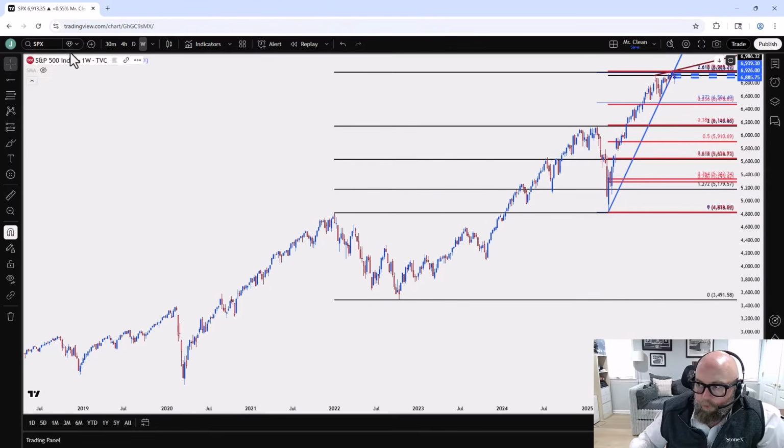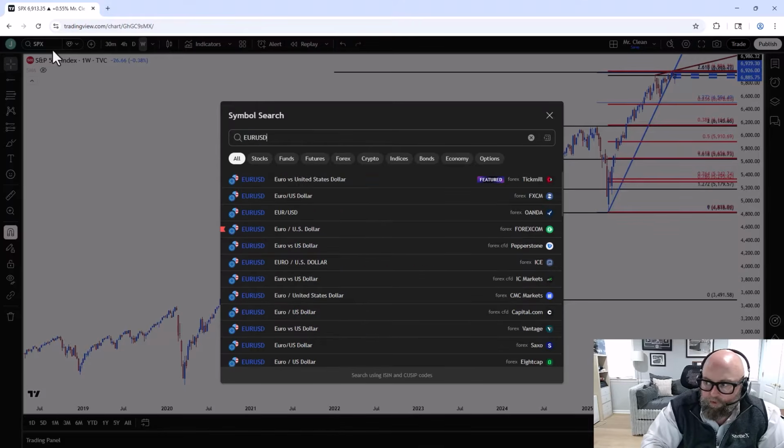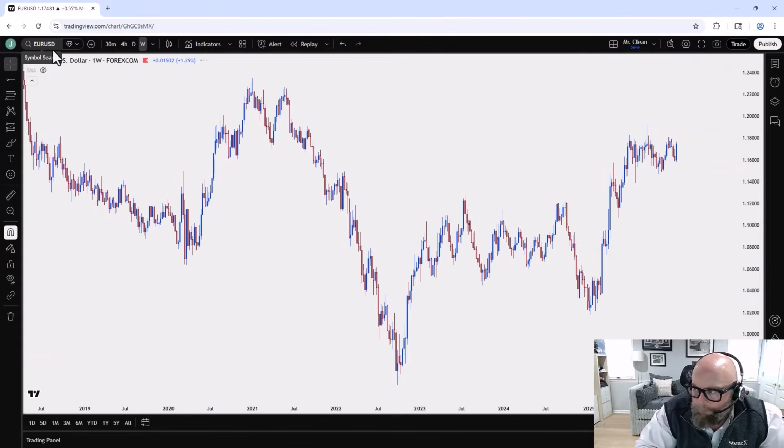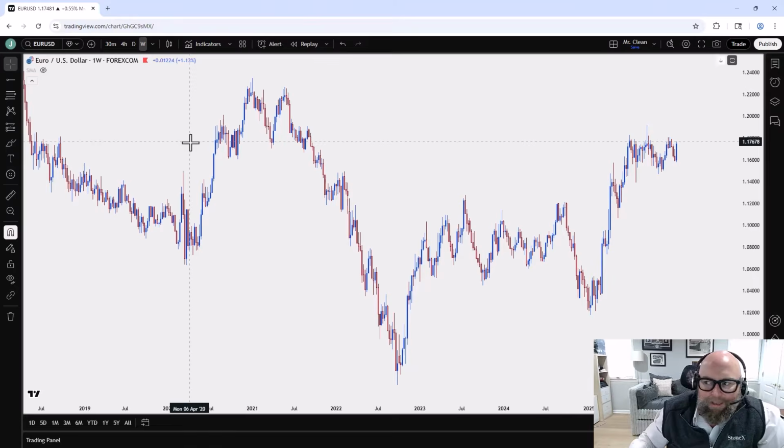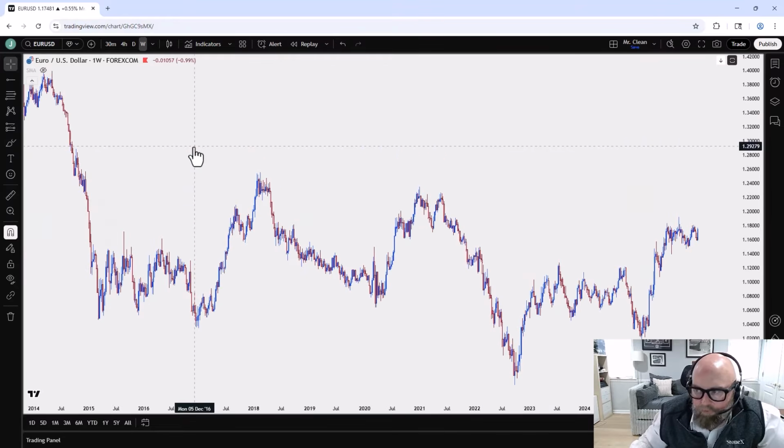Now, I want to use Eurodollar here because Eurodollar as a currency pair isn't going to be as directional, I think. The reason for that is there are two sides to this pair. This is both the euro and the US dollar, whereas gold or SPX, those are largely binary markets. You could buy it or you could sell it. There's a reason that those biases have remained very aggressively bullish over the past 18 years, for stocks at least. Whereas with the currency pair, in my belief, it has a tendency to mean revert.